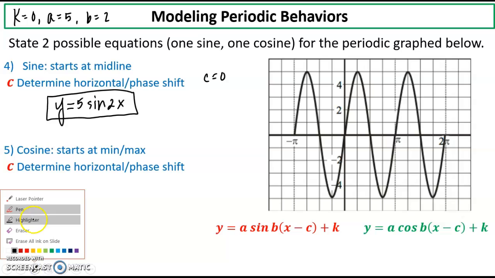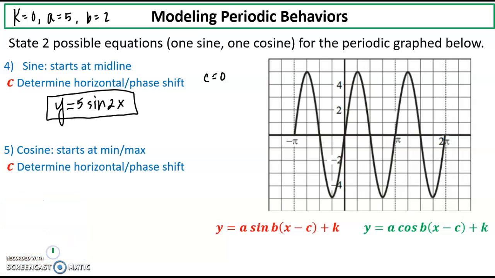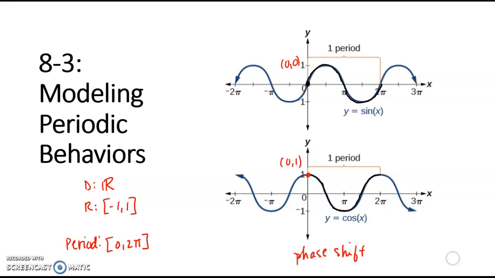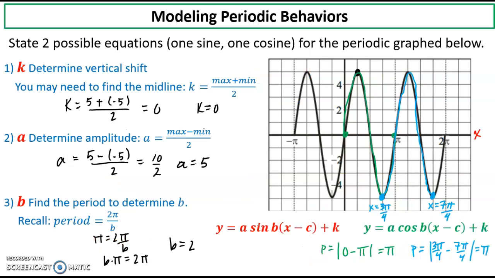Okay, cosine starts at my max or my min. So if I look at my maximum here, I'm just going to pick a point to start at. I'm going to start here. y equals A cosine b. Now what's happening? Back to my parent function: I had said to you that your parent function for cosine starts at the point (0, 1). So when I look at this point here,